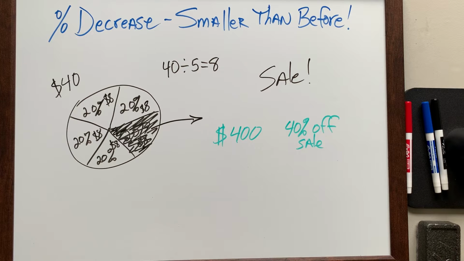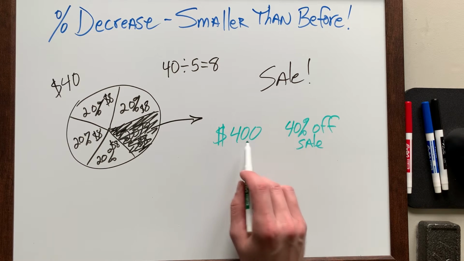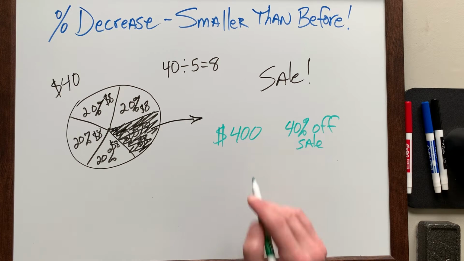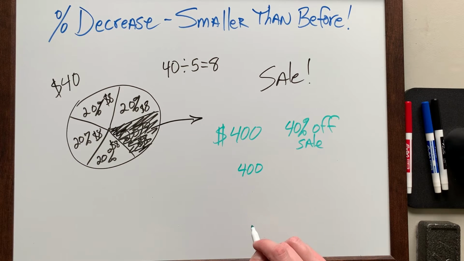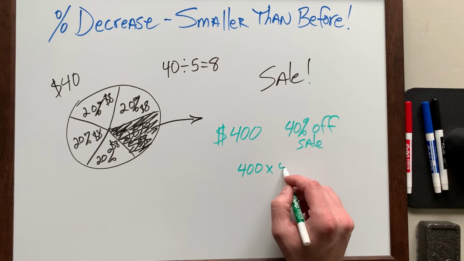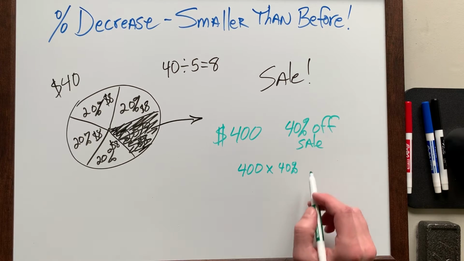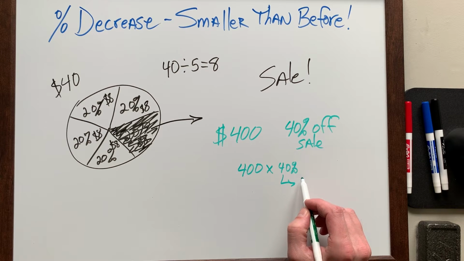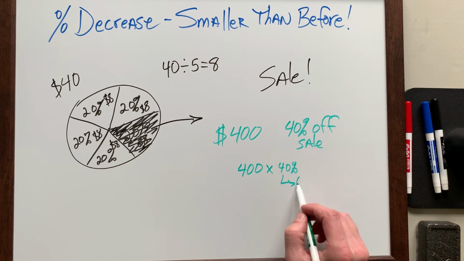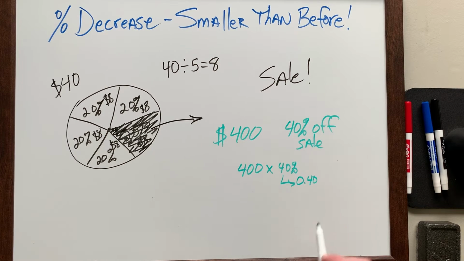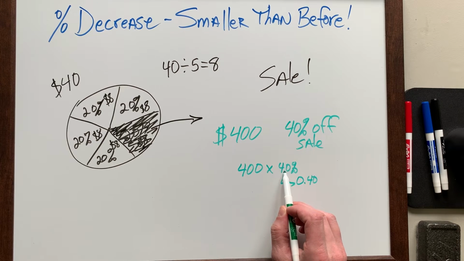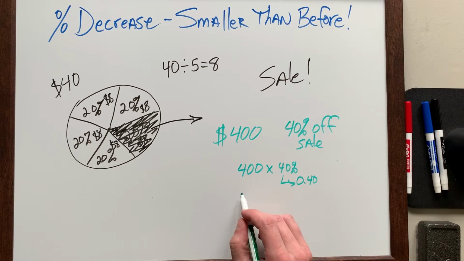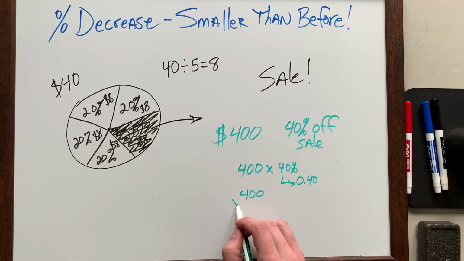So there's a couple of ways we can do this. The first way would be to say, well, what is 40% of 400? 400 times 40%. We want to see how much that is. Well, 40% is nothing more than 0.4 as a decimal. From a percentage to a decimal, you move the decimal point to the left 2 places. So 400 times